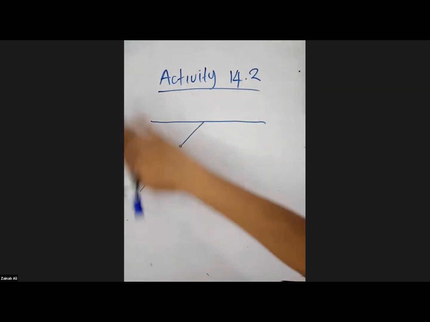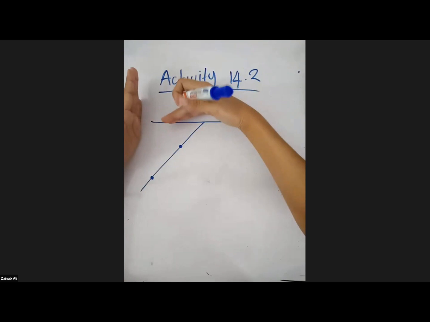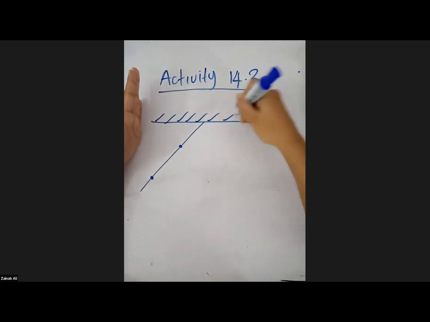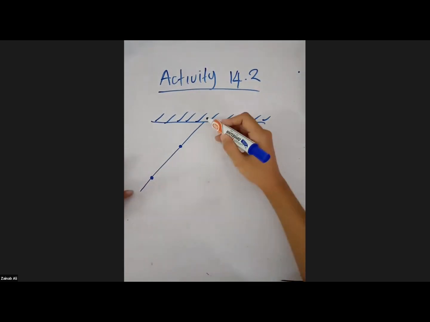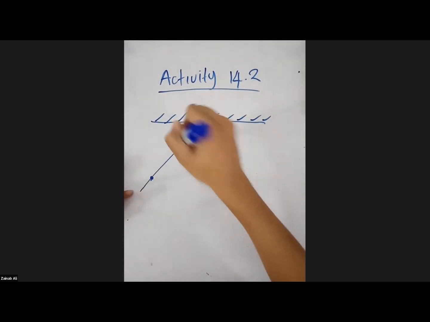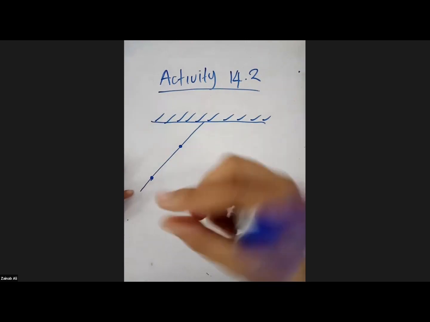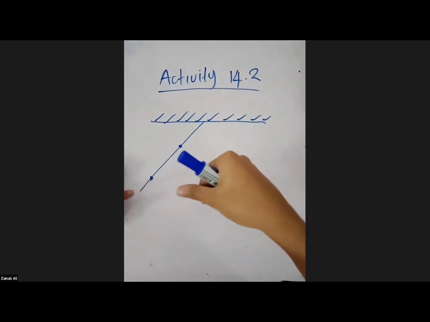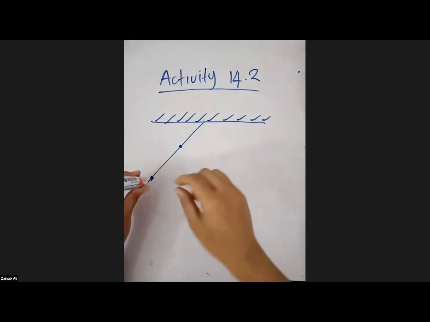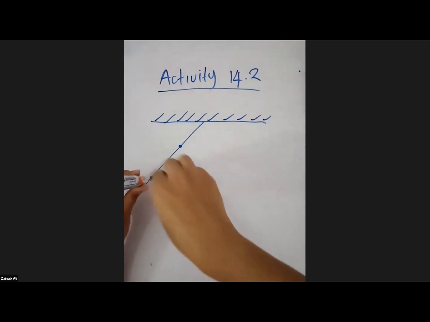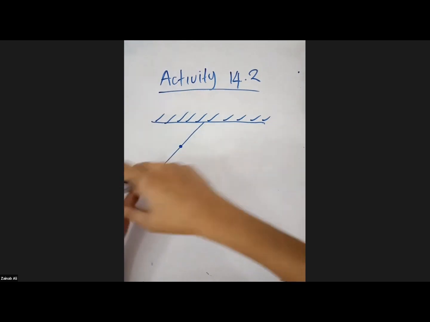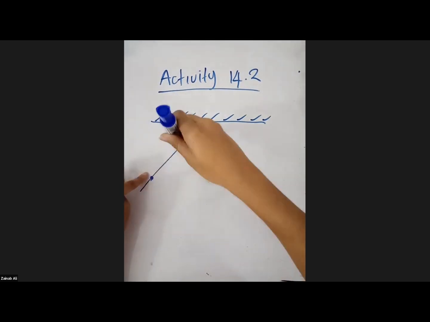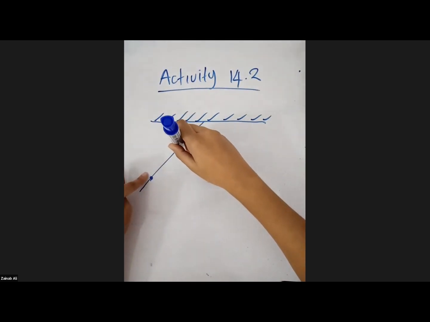First of all, you take a white sheet, keep the plane mirror. Take a white sheet, keep the plane mirror like this. Then draw a line like this and place 2 pins. It can be small pins which you tip the papers, but you should be able to see them, right? If you can, keep a thermocol below so that you can put the pin inside. So keep 2 pins like this.